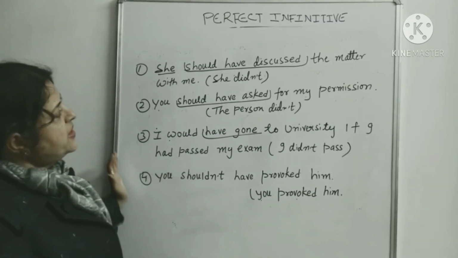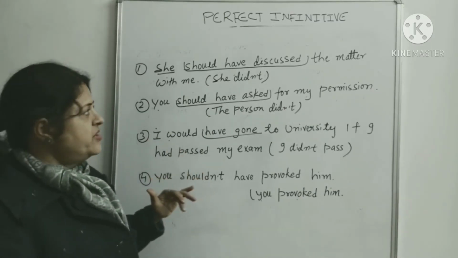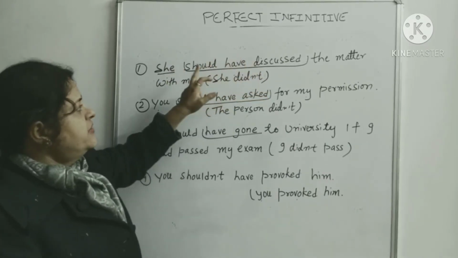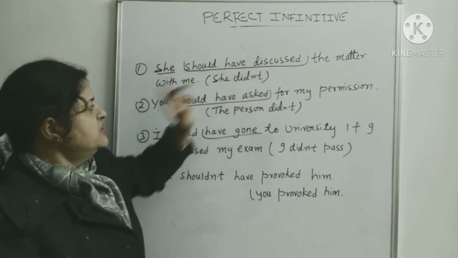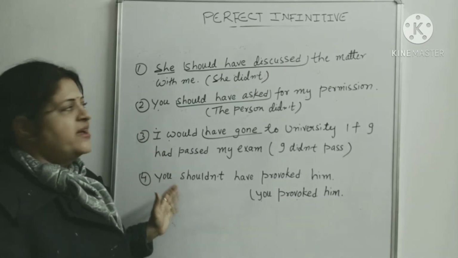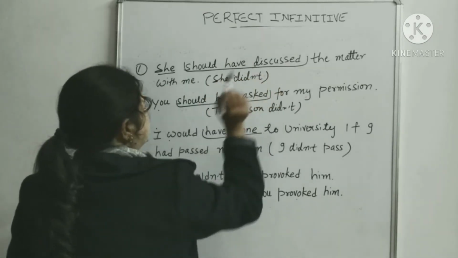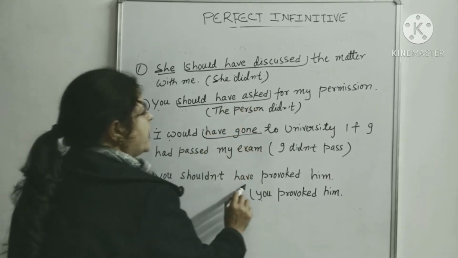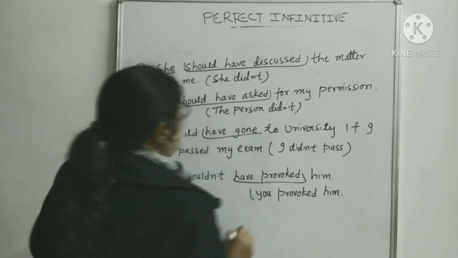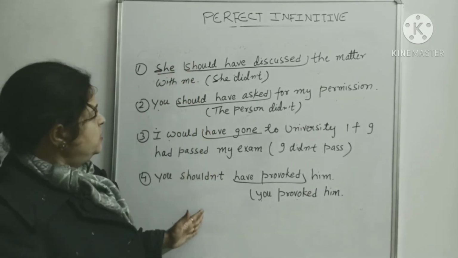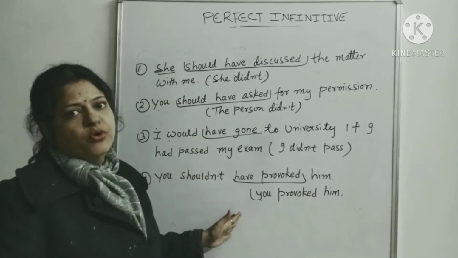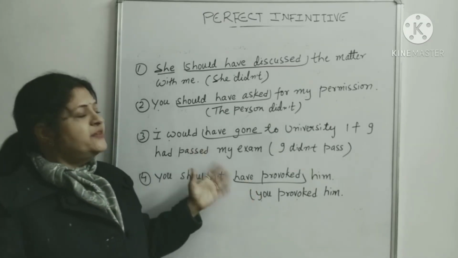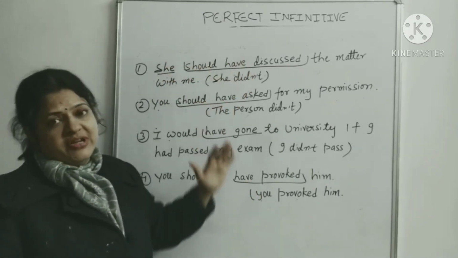तो ठीक है, तो हम देख रहे हैं कि किस तरह परफेक्ट इन्फिनिटिव, have plus V3, सिर्फ to नहीं लगा है, have plus V3 का यूज हुआ है मॉडल एक्सिलरी में। जैसे have discussed, यहाँ पे have asked, have gone और have provoked। ओके, तो ये है आपका परफेक्ट इन्फिनिटिव का यूज मॉडल एक्सिलरी में। अच्छा, अब चलिए देखते हैं कि किस तरह से पैसिव वॉइस बनती है परफेक्ट इन्फिनिटिव।